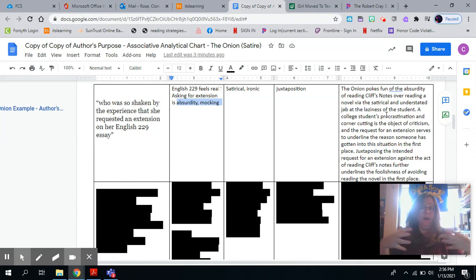So I hope this helps clarify how to use this chart. The purpose of these things: first we go from just what do we see on the surface? How might you describe it? What does it look like? What might it be mimicking? Then how can we begin to use some of that content vocabulary to help us explain how it's working, why it would be a rhetorical strategy the author would choose to use? And then ultimately, how does it make meaning? How does the author use it to make meaning?